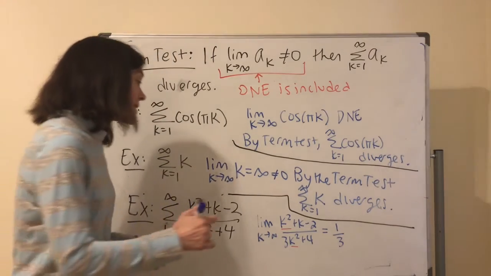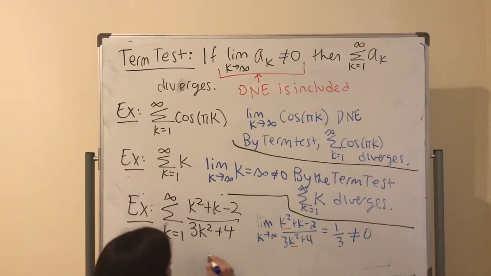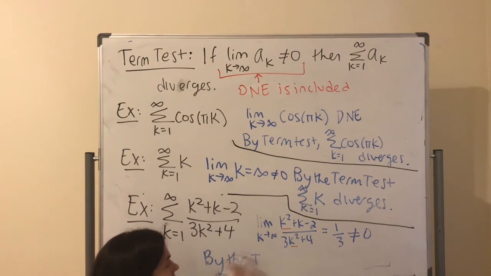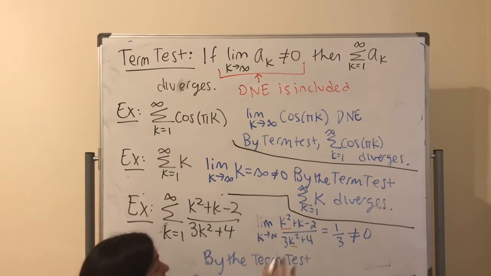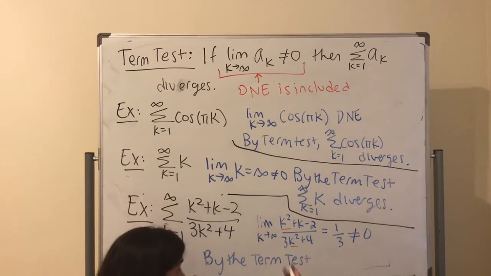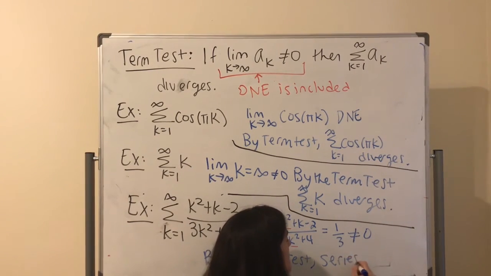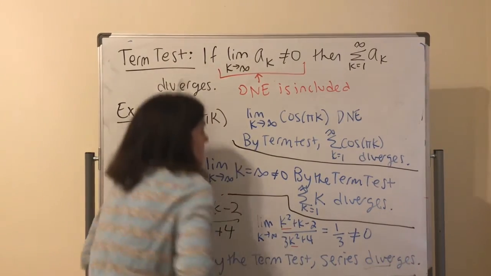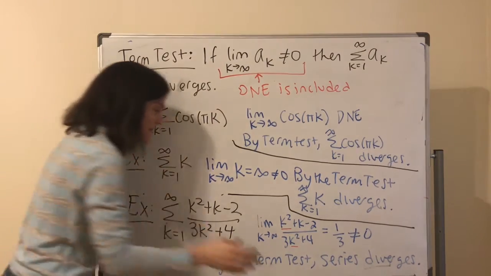Okay. This limit is 1/3, which is not equal to 0, again, by the term test. And everything I'm writing out is part of the justification. You don't want to leave off quoting the test or leave off quoting what you need to check for a test. In this case, it's evaluating a limit. I'll just write the series because I'm running out of space. Diverges, okay? So here, this is 3 examples of using the term test,